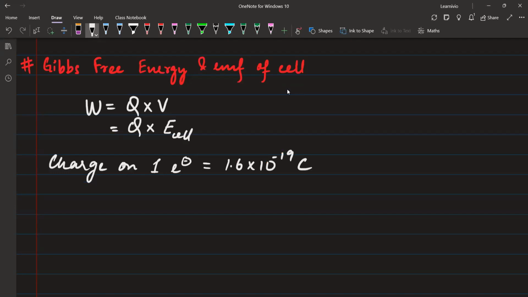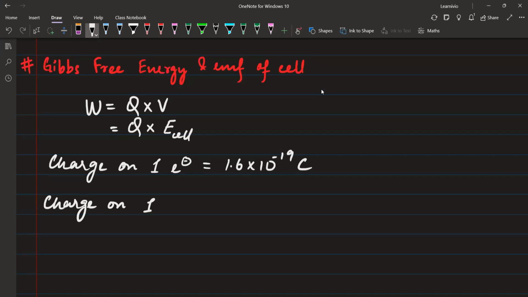But whenever we write any reaction, for example, if I write Zn gives Zn2 plus and 2 electrons, then those 2 electrons are not actually only 2 electrons, but rather we talk in terms of moles. 1 mole of zinc will get oxidized to give 1 mole of Zn2 positive and 2 electrons. So since in chemistry we talk in moles,